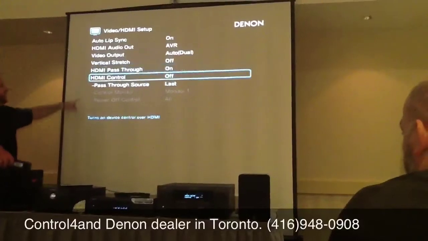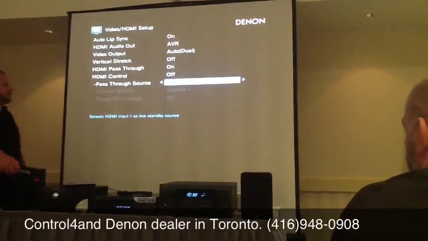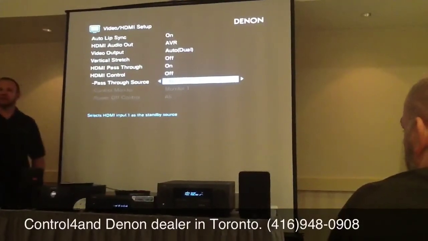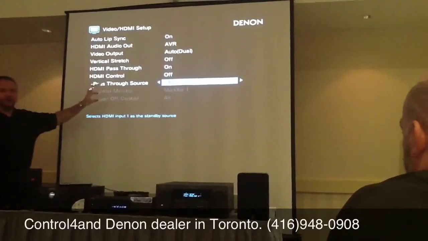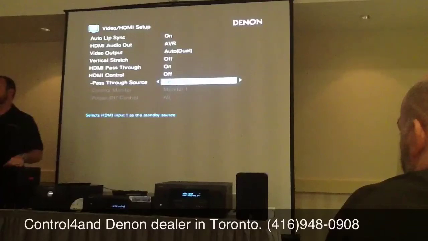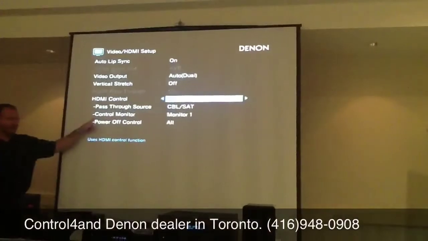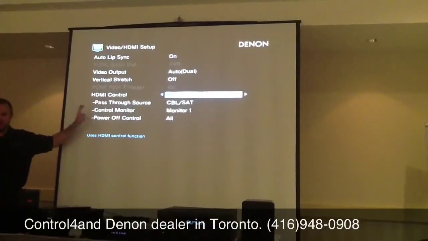Then come down here and say pass-through source. That cable box would be the most common thing you want. So fine, in standby mode, pass the cable/sat input, audio video player, or speaker. Which monitor is going to be the CEC/ARC